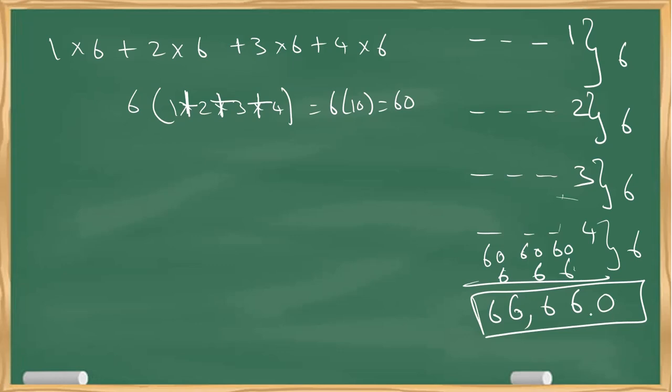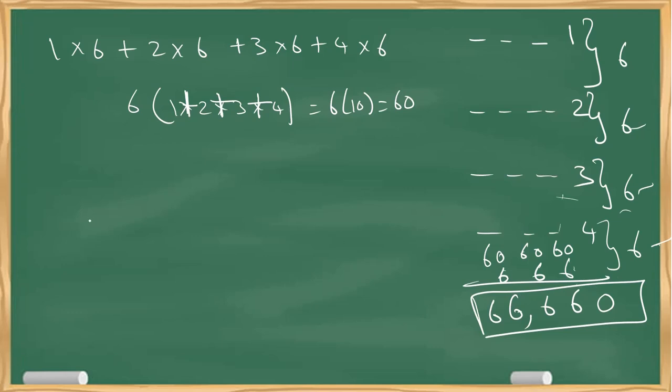So there will be 24 numbers. See, 1, 2, 3, 4. So 24. In all those 24 numbers, 6 numbers will be ending with 1, 6 numbers will be ending with 2, 6 numbers will be ending with 3, and 6 numbers will be ending with 4. Okay. And if you see, the summation is 60 for each and every term.